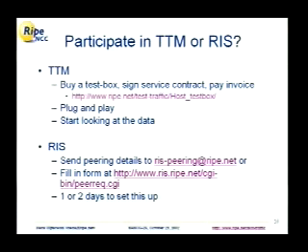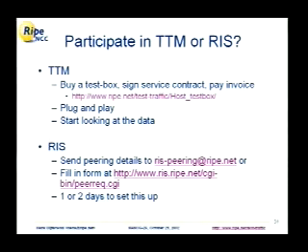So, now that you've seen all these things, suppose you want to participate. Well, it's really quite simple. For test traffic measurements, you have to buy one of our boxes, which can be done at the URLs shown on the slides. Basically, it gives you a form, asks for an IP address and a few other bits and pieces of information, like where to send it. We'll send you a box and an invoice, you plug it in, and you can start looking at the data. For the RIS, it's even simpler.